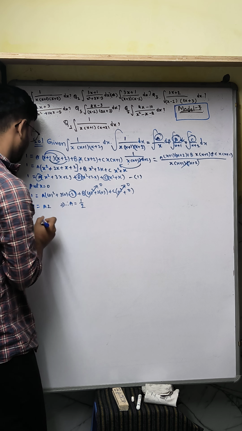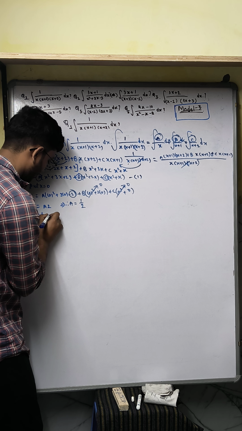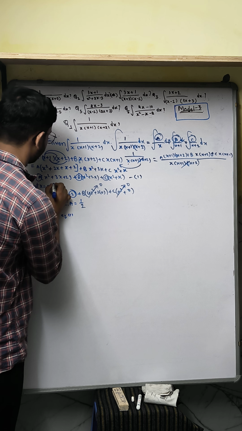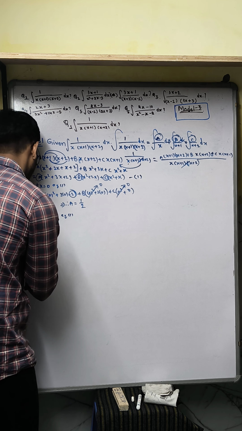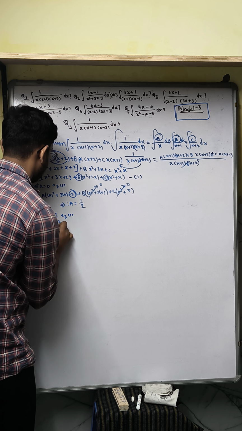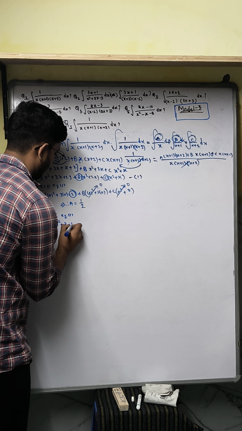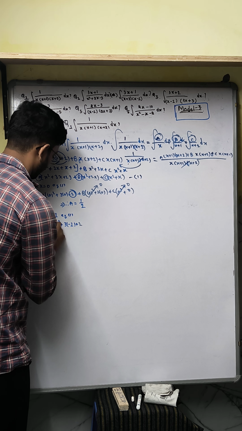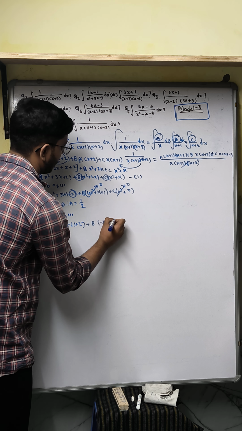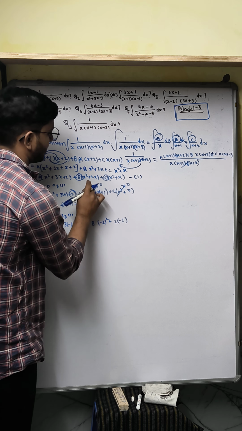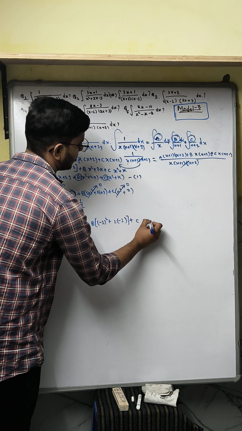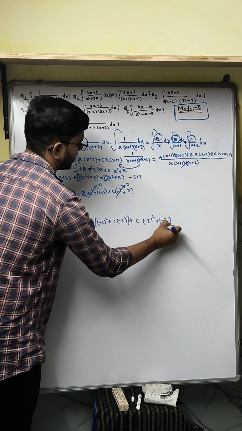Okay, a we get. And put x is equal to minus 1 in equation number 1. Here also equation number 1. Then 1 is equal to a(-1)^2 plus 3(-1) plus 2, plus b(-1)^2 plus 2(-1), in the place of x, plus c(-1)^2 plus (-1). This is 0.